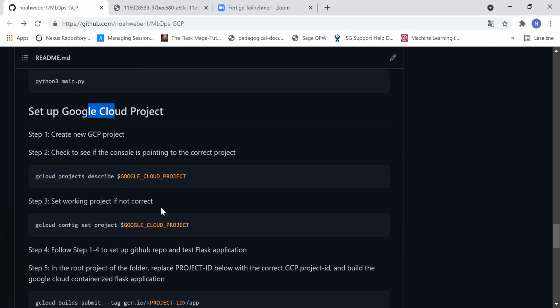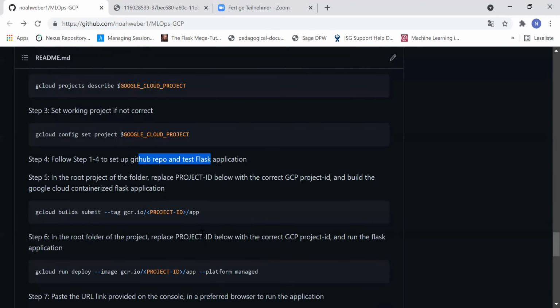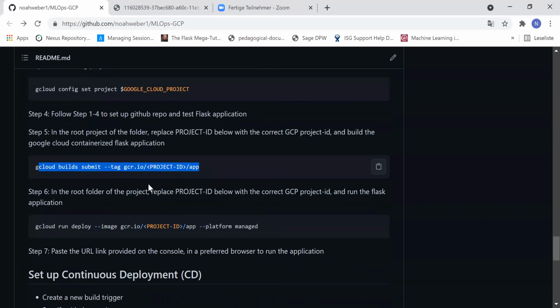You set up your GitHub repo with the Flask application. And then with these two lines, Google Cloud builds and run deploy, you have somewhat similarly simulated what happens with Beanstalk on AWS,